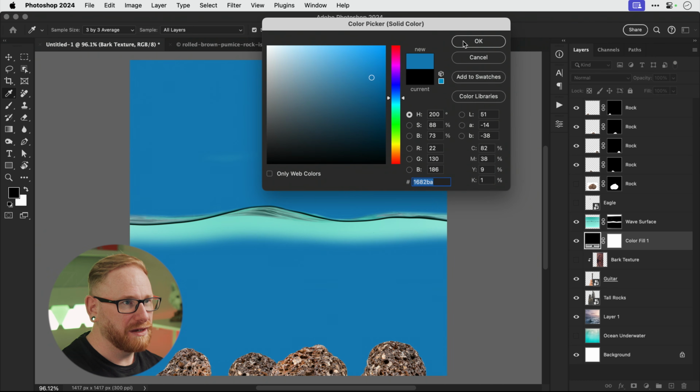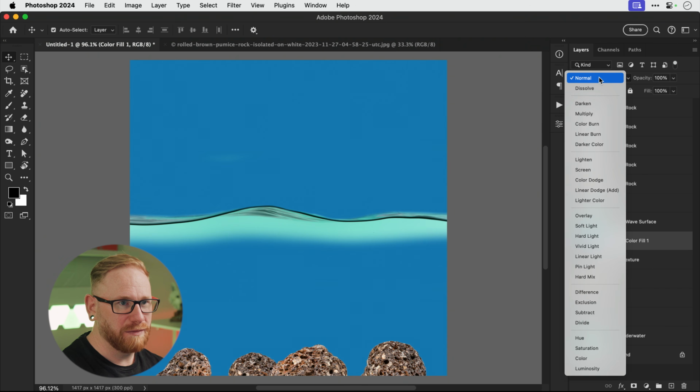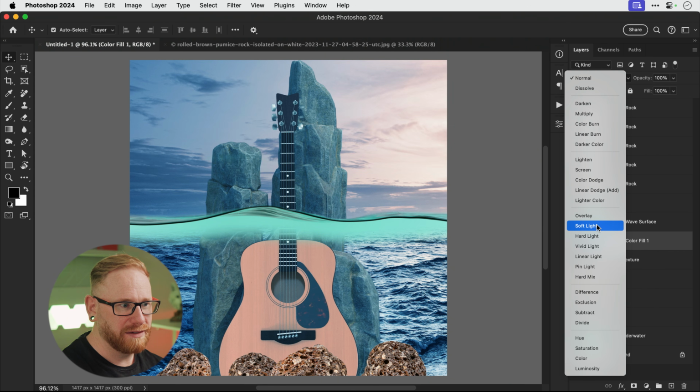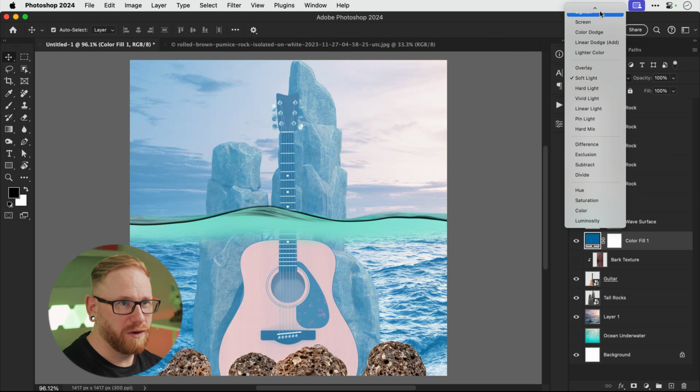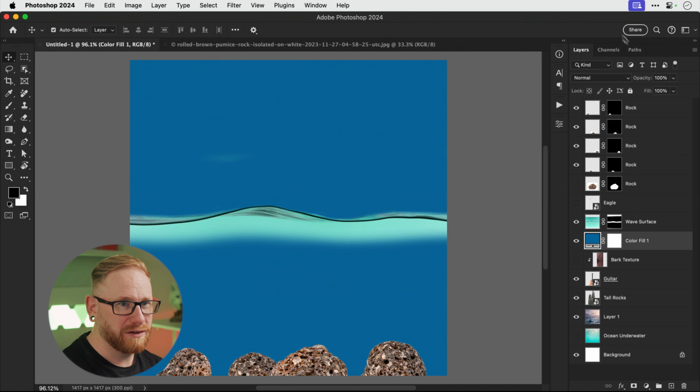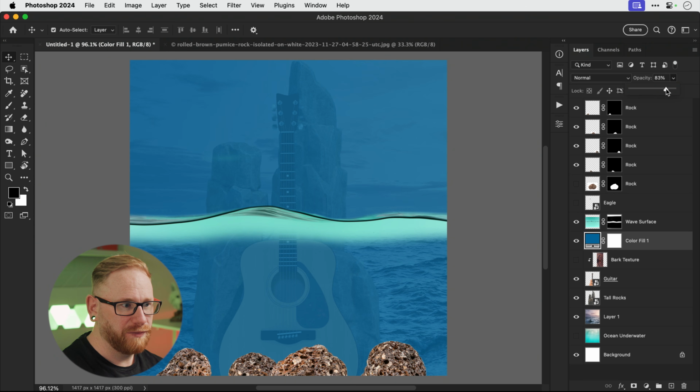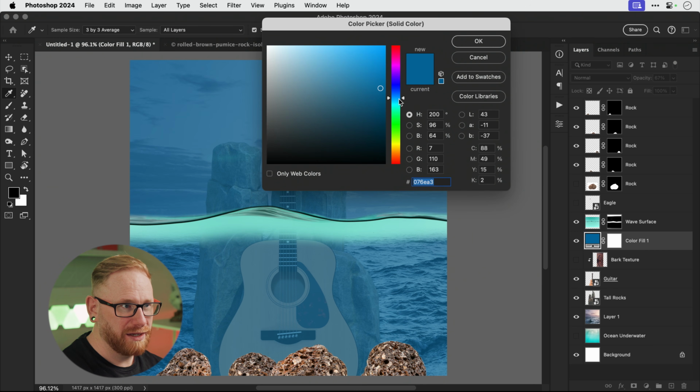There we go, something like that. And I'm going to change the blending mode to soft light. And then go back and change the color a bit more. Okay, soft light's not really working too well. So let's go back to normal. And we could bring that down. We could do something like this. And maybe make it a little bit more